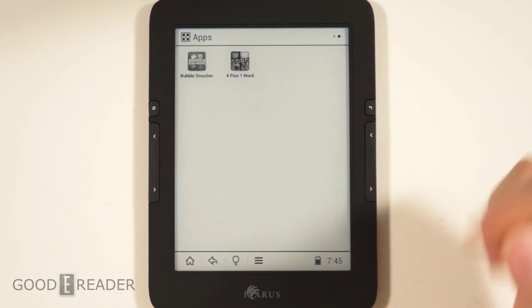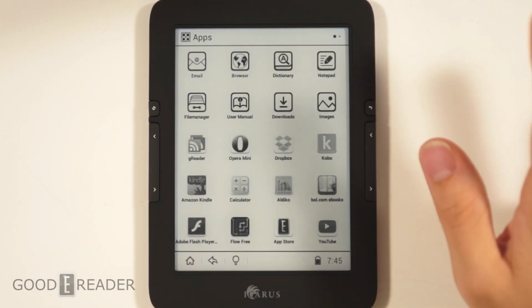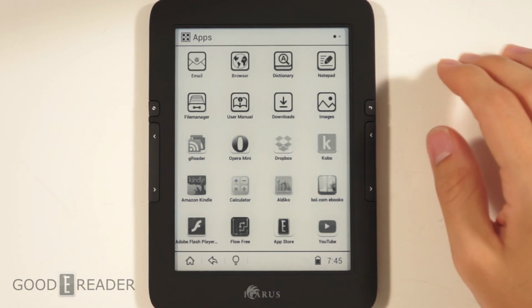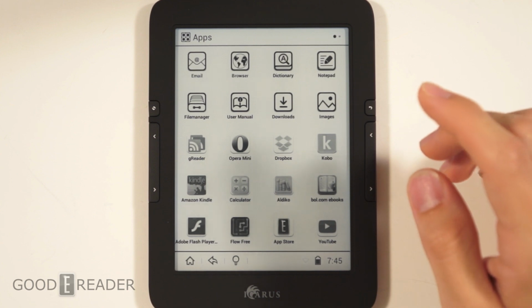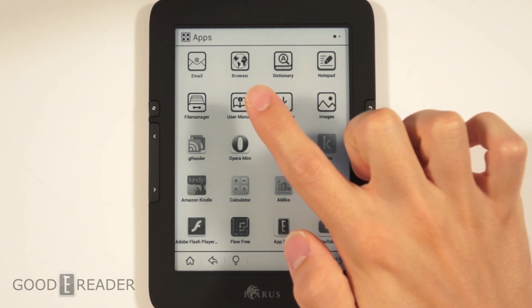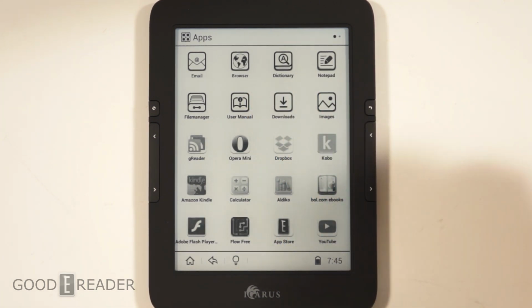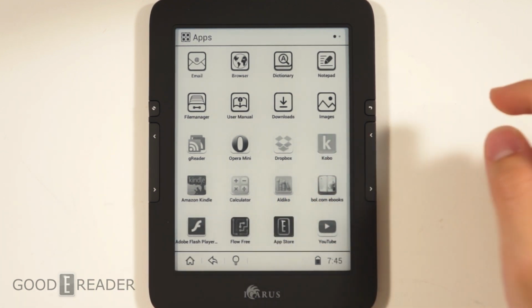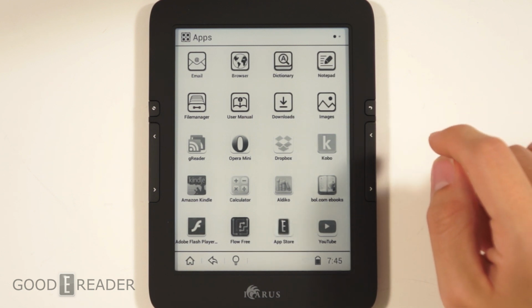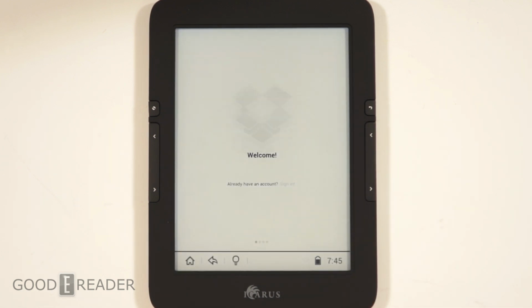Now, the last thing we want to look at is Ebook Discovery. Sorry, not Ebook Discovery, App Discovery. This is open Android, so you expect there to be an app store. There isn't an app store. You can either go on the browser and find websites that host APK files, download them, and use the pre-installed package installer to extract them and install them, or you can use the GoodReader App Store, because the GoodReader App Store really is the only way to get...